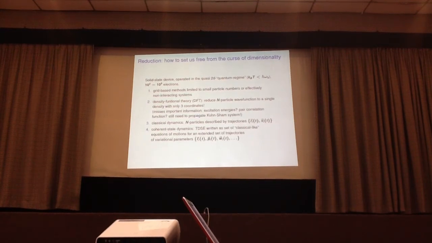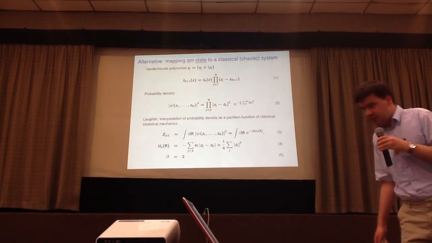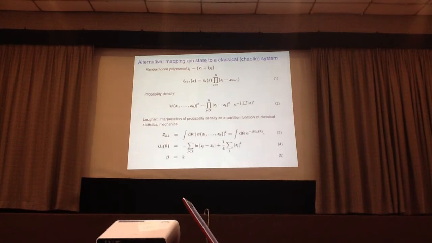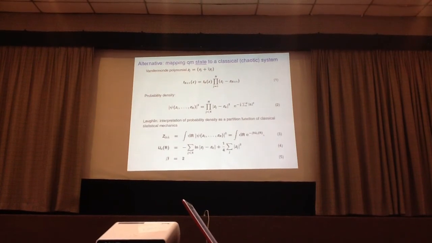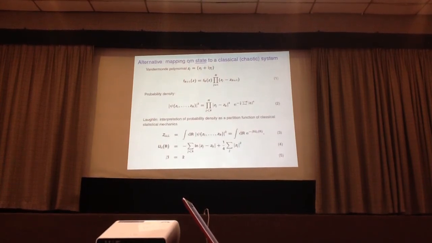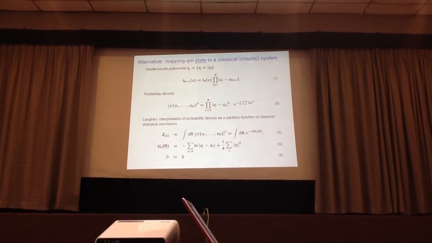And since I'm talking about the Hall effect, I want to show you such a mapping which was achieved between classical and quantum mechanical states by Laughlin, who got the Nobel Prize for this in the context of the fractional Hall effect. What he pointed out, probably many of you are familiar with this, nevertheless I will give you a very short repetition, that it's possible to map the quantum mechanical state of this, what is now known as the Laughlin wave function, into a classical system. And the idea is the following.